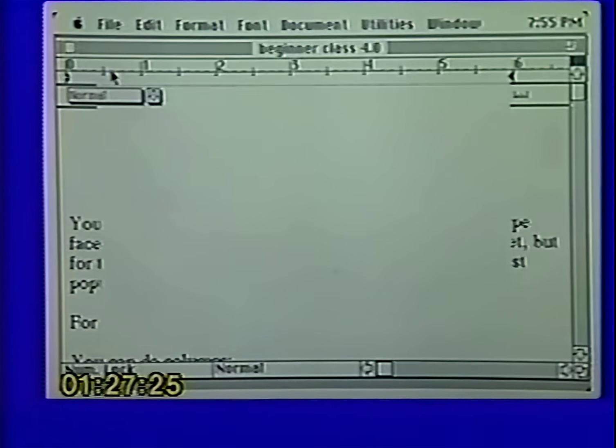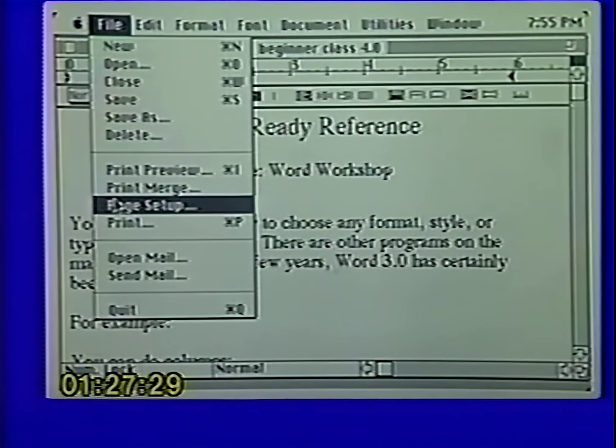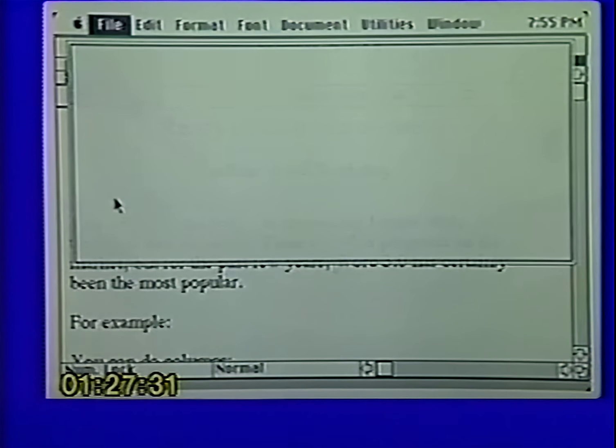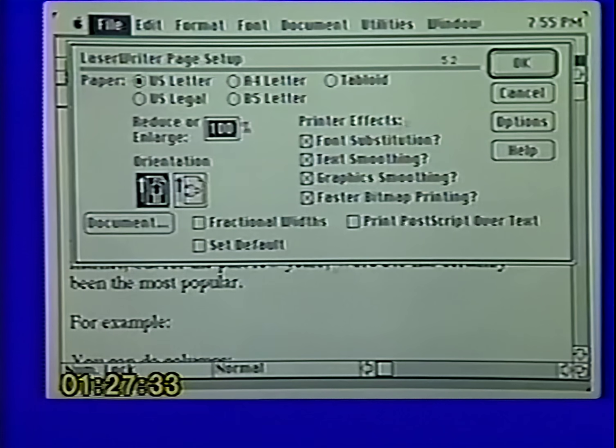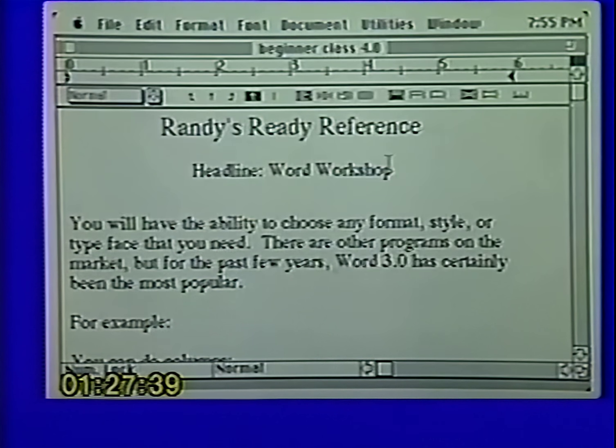Now when the box is closed, go under File and go to Page Setup. And when your Page Setup box opens, simply click on OK. Now in the new Word 4.0, you didn't have to go through that last step. I always do it just to make sure. What that basically does is you told the computer by going to the Chooser which printer it was going to print on, then you have to lock in that choice by going to Page Setup and saying OK.